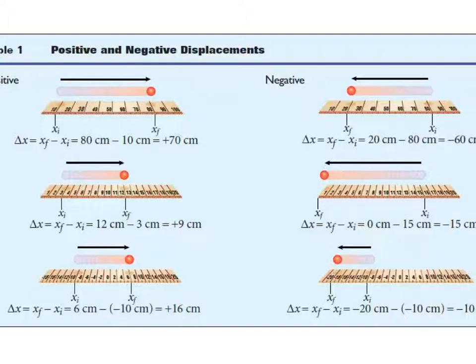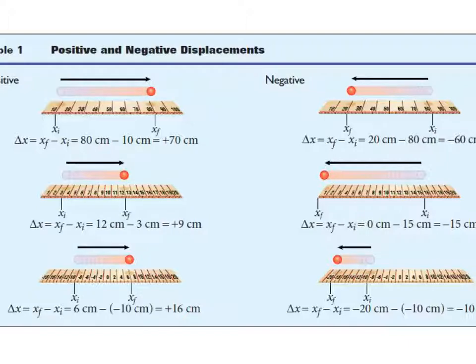Now make sense of this. If I walk 5 feet this way, you could say my displacement is 5 feet positive. If I walk 5 feet backwards, the displacement is 5 feet negative, right? What would my overall displacement be? Positive 5 plus negative 5. What does that add up to? 0, which is why, what did we say the other day? If I move from one spot to another and come back to where I started, I've got no displacement. My position hasn't really changed from beginning to end. I traveled somewhere, but if I compare the beginning to the ending, I'm at the same spot.